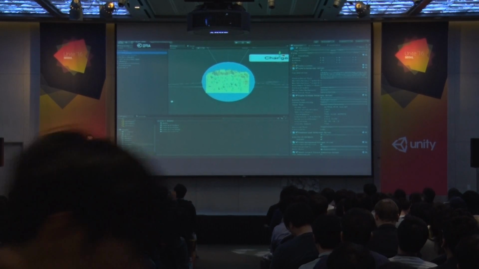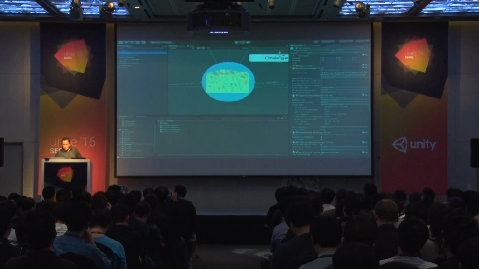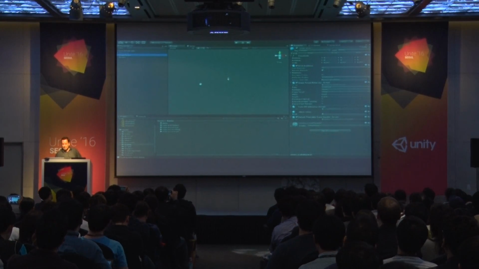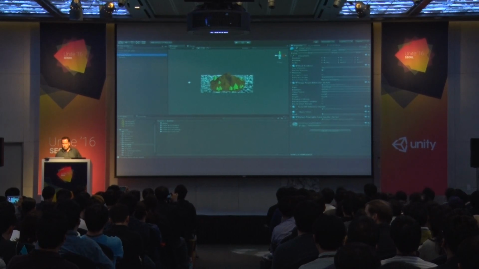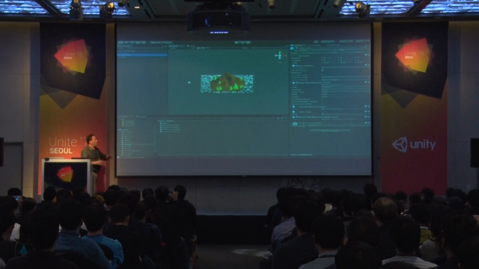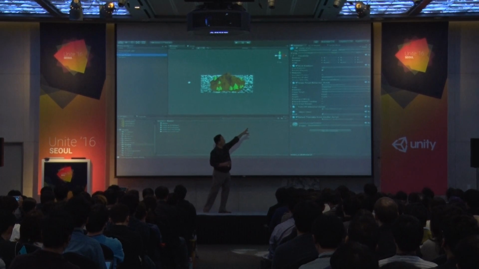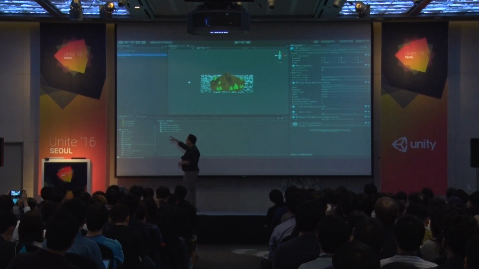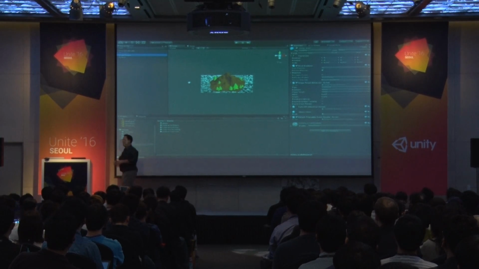Okay. Now, I'm assuming everyone's pretty familiar with Unity, but what I'm going to do is just give you a quick and simple recap of what you're looking at here. So this is the Unity editor. That's your scene view, obviously. These are your inspectors. These are all the properties of the scene that you can configure. And when you look here, we have our project, and there's my hierarchy. So that's really the scene graph, right?